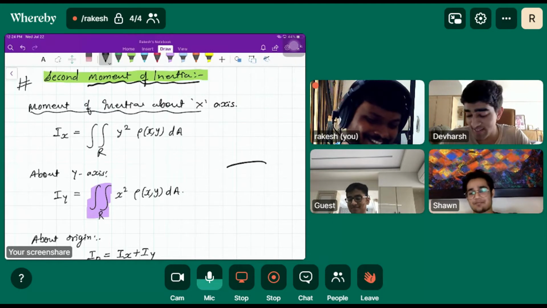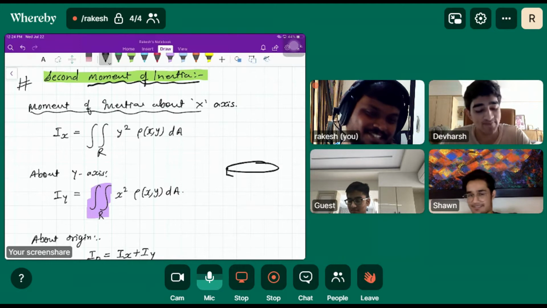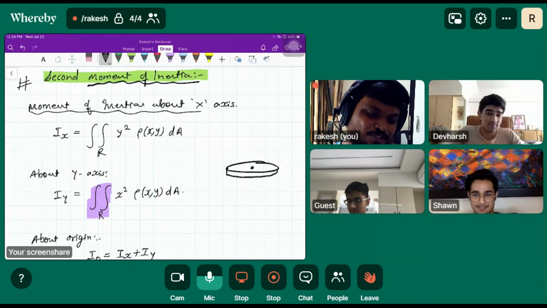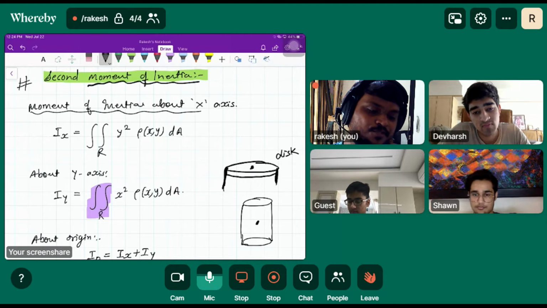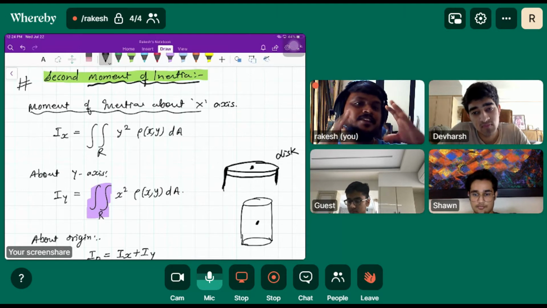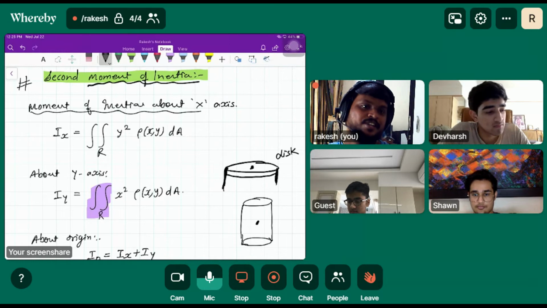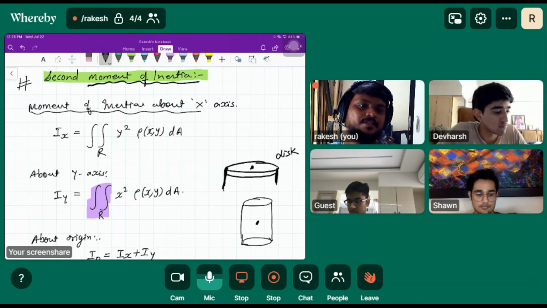See, this is the disk I'm talking about. This is disk, right? So we were given the symmetrical object, and we were asked what is the center of mass of this object. So what we do, we try to find out the middle value of this, and that would be the center of mass. Okay. Similarly, for the cylinder, the center of mass is supposed to be this. So in each of these scenarios, we are given the symmetrical object. Wherever we discuss the center of mass, we are given the symmetrical object.